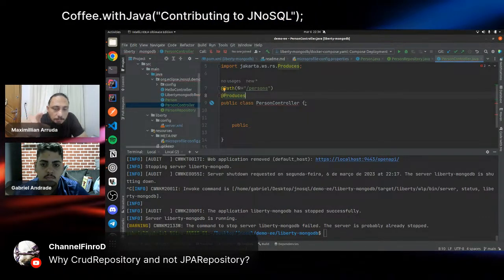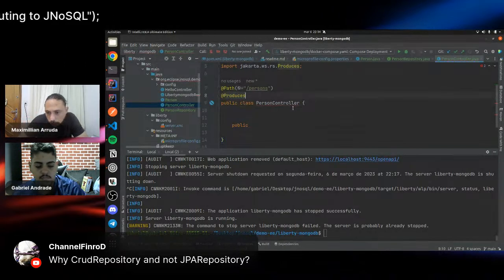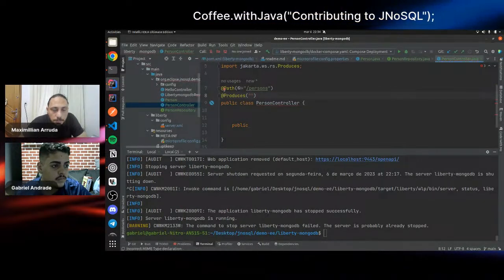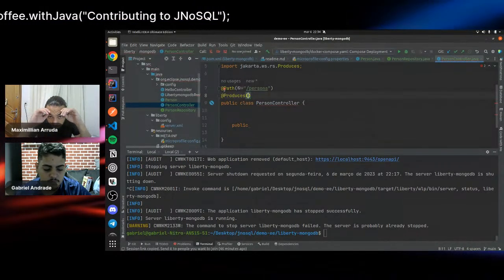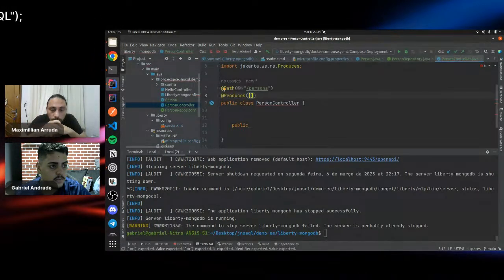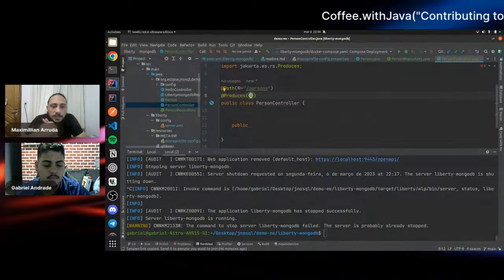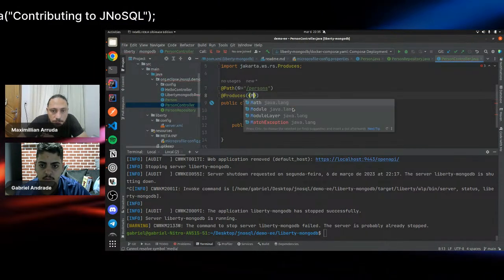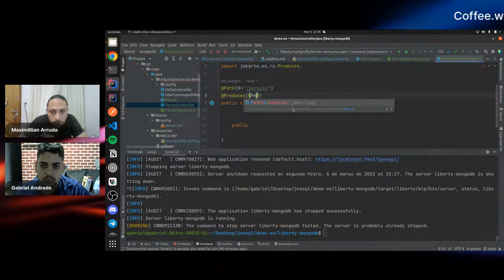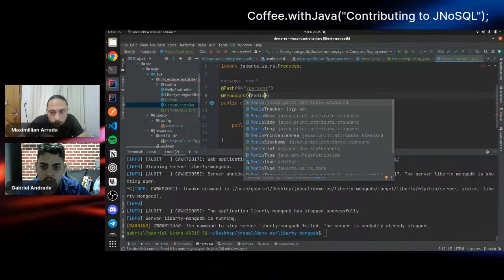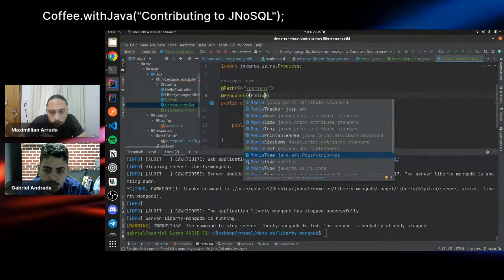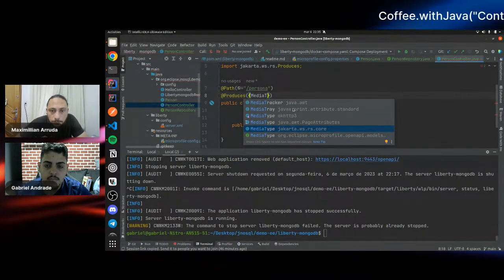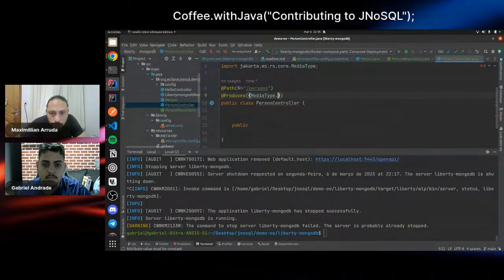Inside the parentheses, put an array with brackets, and use MediaType, in camel case, from the JAX-RS package, then dot.